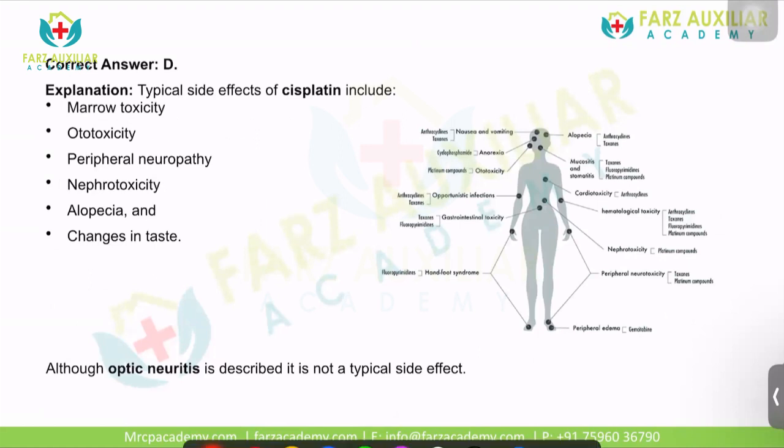The typical side effects of cisplatin are marrow toxicity. Of course, it is a very aggressive chemotherapy which is used in hematological malignancies. So bone marrow toxicity, ototoxicity, peripheral neuropathy. Potential side effects are neurological in the case of cisplatin. Platinum is a heavy metal deposited in these neurological tissues. Alopecia and change in taste along with nephrotoxicity. You see optic neuritis also mentioned somewhere here in the photo, but mainly what you see is ototoxicity